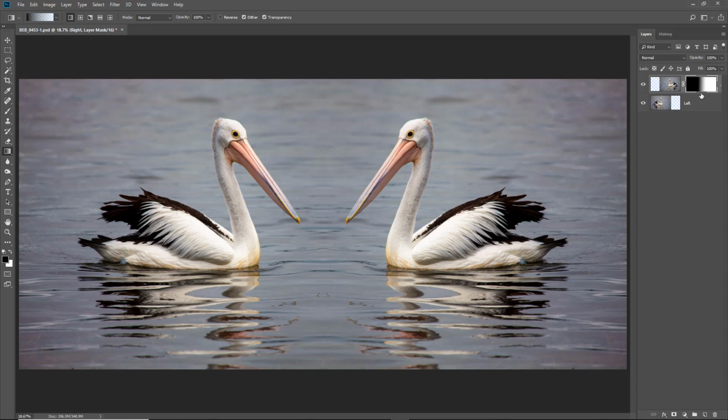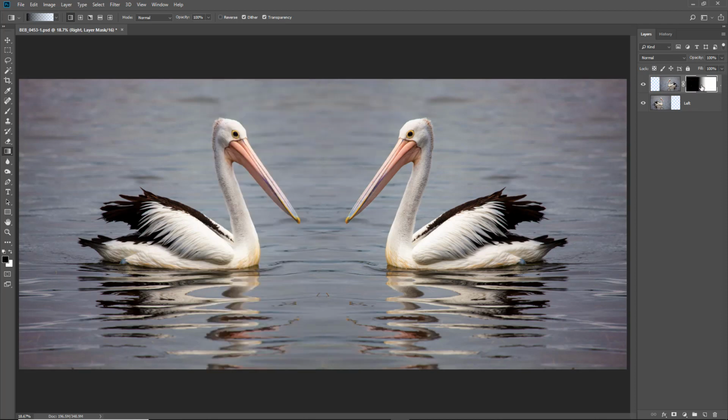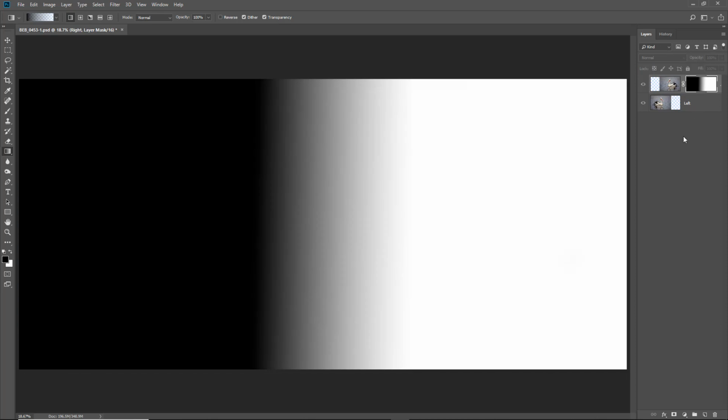First of all, the important thing is if we hold the Shift key and click the mask, we can turn it off. And sometimes we need to do that while we're working. To turn it back on again, we just click the mask. We can actually see the mask in its entirety by holding the Alt key and clicking the mask. Now when the mask appears like this is probably a nice way to